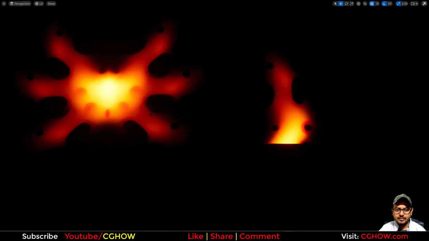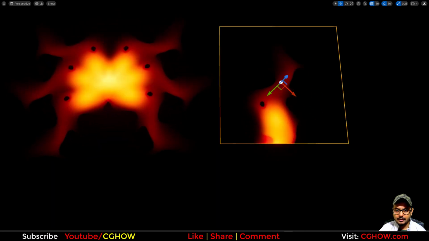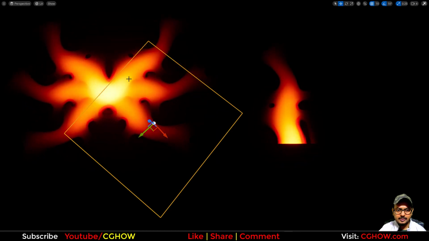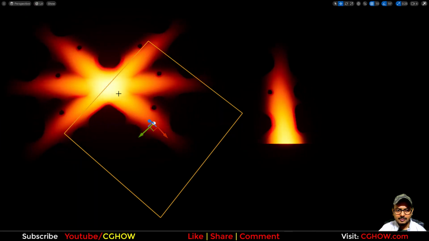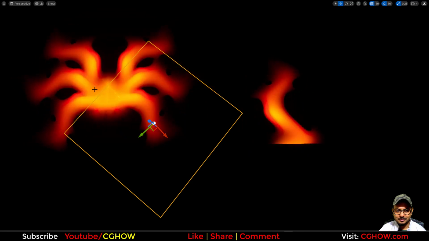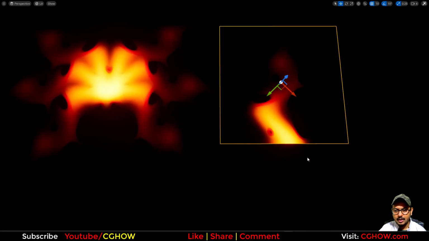Today I created this fire material in UE5, and this is the original material I created on a planar, and I just placed it many times. I duplicate this planar. This looks something like this. So I just wanted to present this, although this is the final output of my fire material and I will create